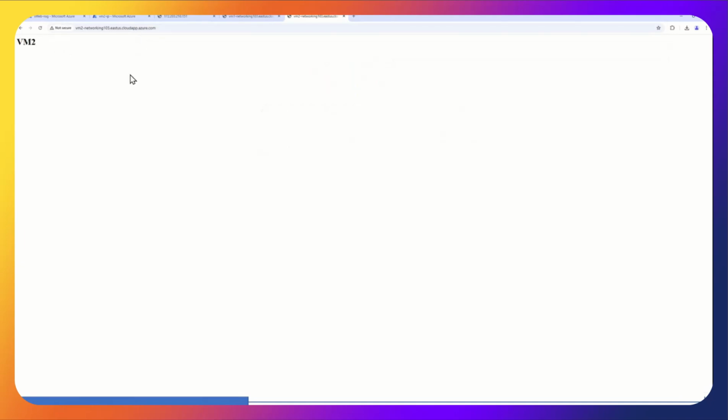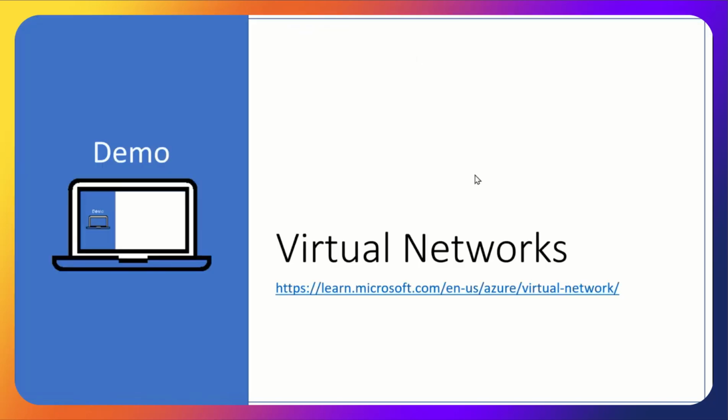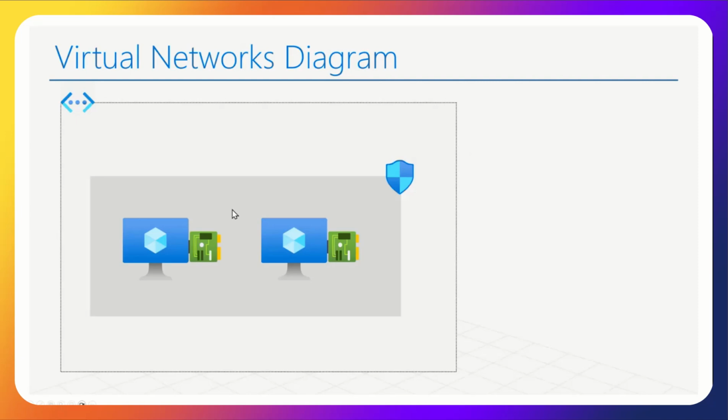All right, so we just set up 2 web servers in a virtual network, and we allowed public access on port 80 on it. Now, usually we would not allow direct access, but that's the case here. And so this is what we've done. Here's a virtual network, a subnet, one network security group, 2 virtual machines.